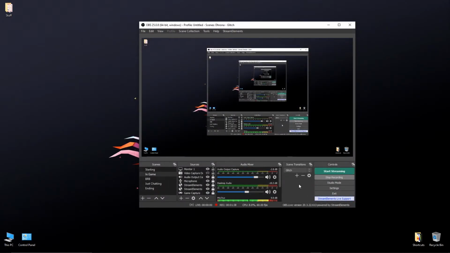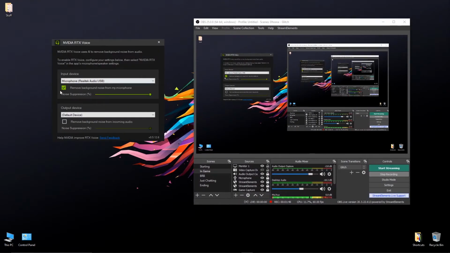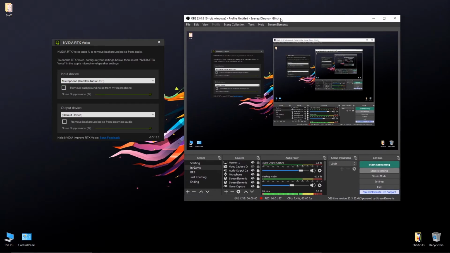Right now I am recording this audio using this software. So let's see. I will try to disable this suppression or noise reduction and see the changes. As you guys can see, right now I have disabled this noise suppression, and you can hear the difference. There is a background noise which you guys should hear right now. Once again I am enabling this, and it is enabled right now. So you guys can hear that the background noise is removed, and you can hear my voice pretty clearly.